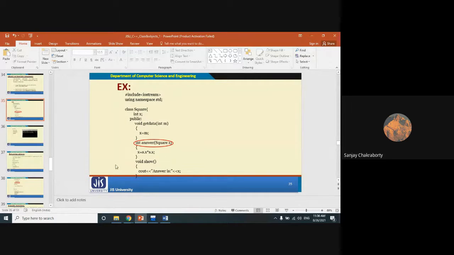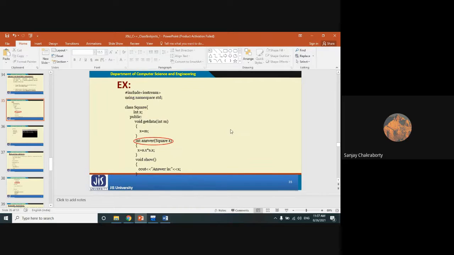So the same thing is working here: object dot variable x into object dot variable x, because here it will calculate the side square, that means x square. And there is another public method, show, where the output of the area of the square is printed. So that is the overall class definition.